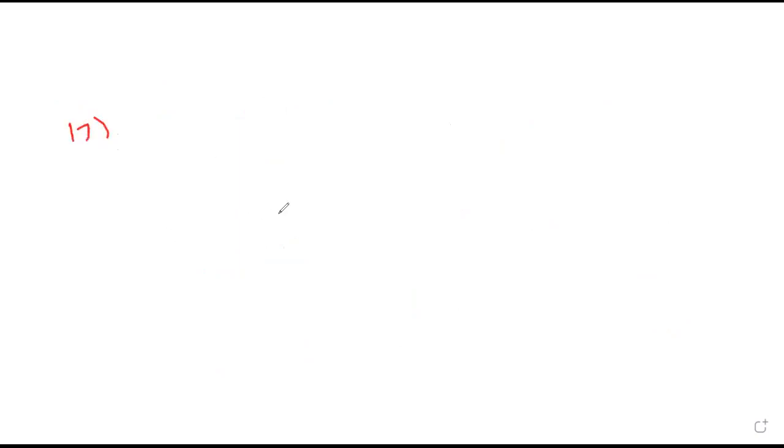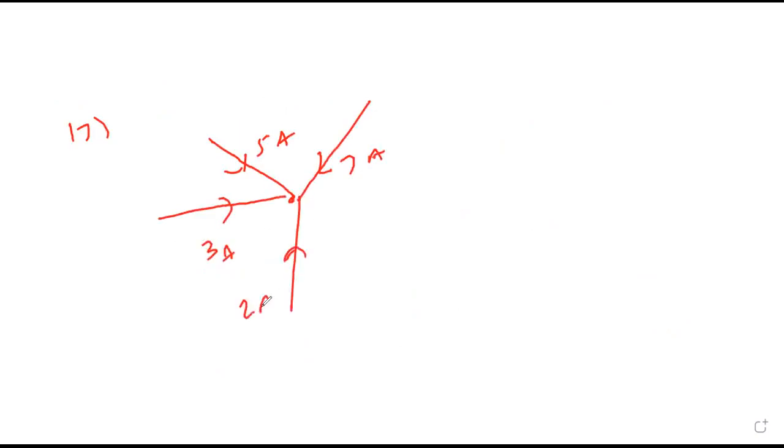17, figure shows the electrical circuit. Find I in each case. So this is a point where currents 5 ampere, 7 ampere, 3 ampere, 2 ampere are as shown. This is I. We have to find what is I. All entering currents are taken as what? Positive or negative? If I call this junction as point P, entering currents are taken as what? Positive.